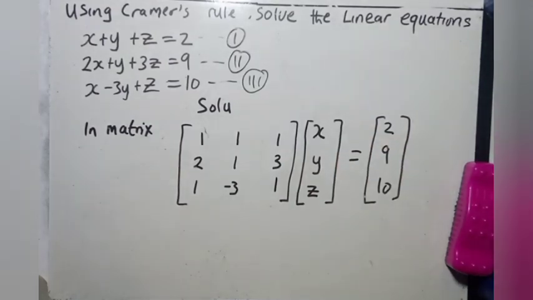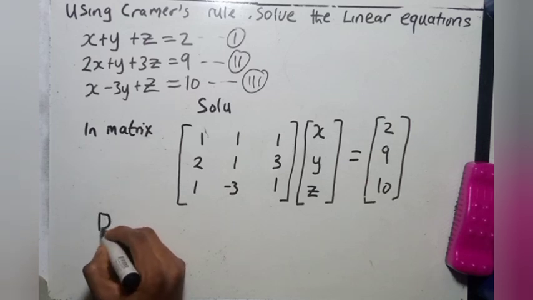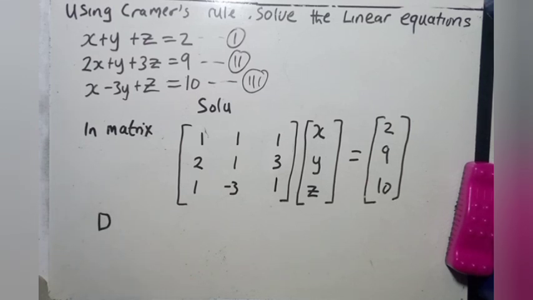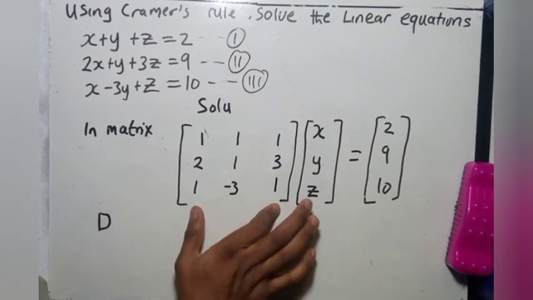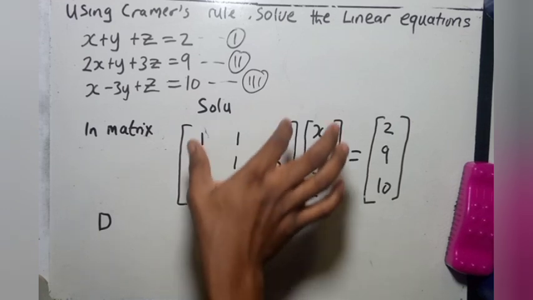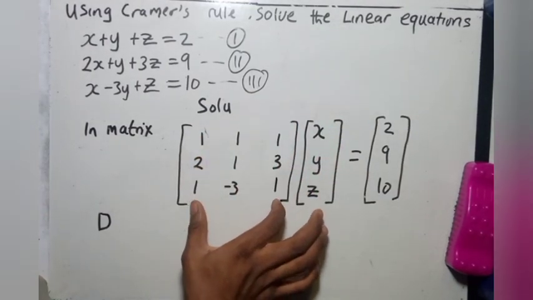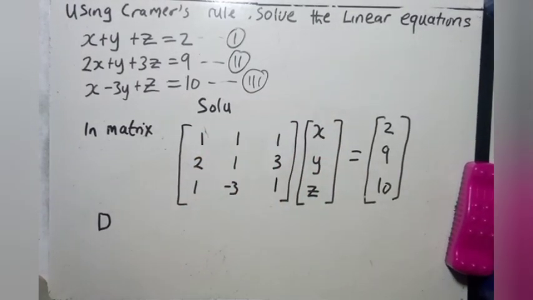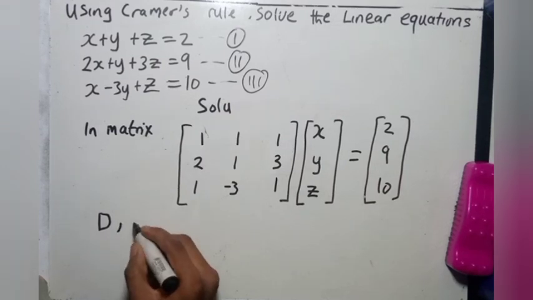Now, the next step, the idea here is to get 4 different determinants. The first one, which I would like to call the main determinant, is the determinant of this 3 by 3 matrix here. The determinant of this particular matrix is what we refer to as the main determinant. We'll have to get it first. Then we'll get